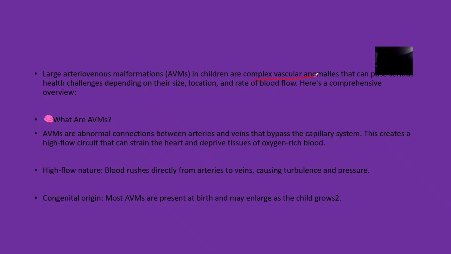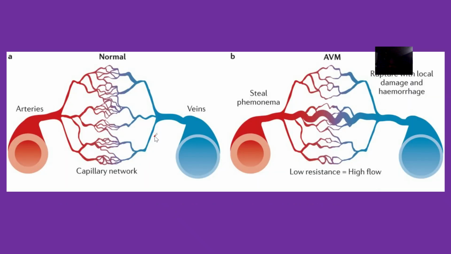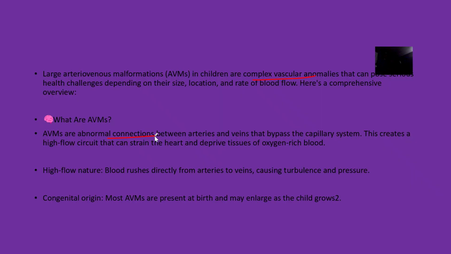Okay, so if it occurs in children, it's actually a complex vascular anomaly. Do you understand? It can pose a lot of risks. So what is it? It's just an abnormal connection between arteries and veins. Normally arteries and veins should connect through what? The venules and arterioles that come together to form the capillary bed. But if there's any other connection that is bypassing this normal way of connection, they have a